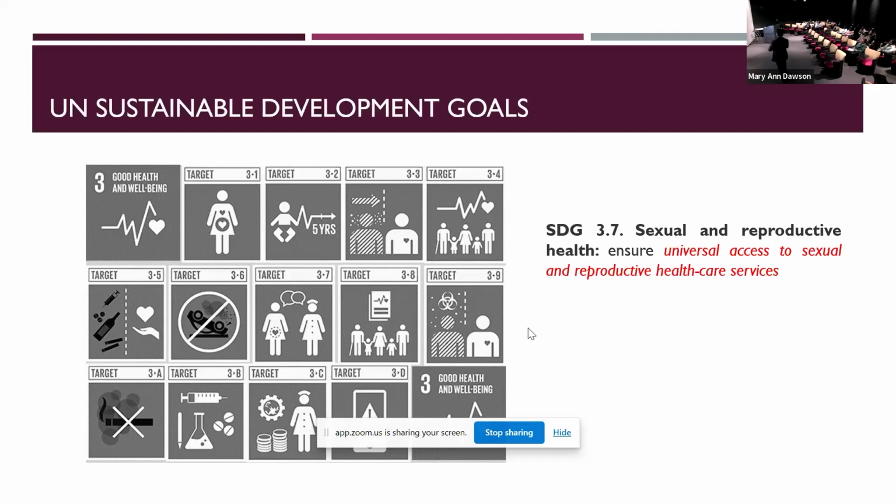Okay, so the motivation for this presentation comes in the context of the UN Sustainable Development Goals 3.7 and 3.8. Just want to make sure, because we have a diverse audience, how many of you are familiar with the details of the UN SDGs? So maybe you've heard of it, you don't know exactly what goes into it. Essentially, SDG 3.7 calls for universal access to sexual and reproductive healthcare services.